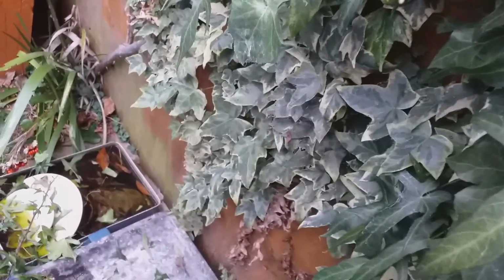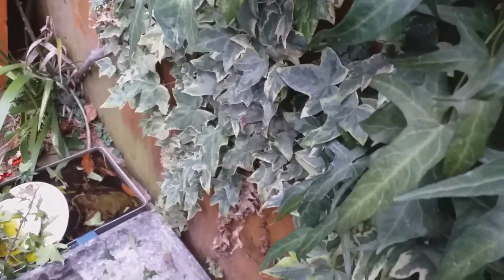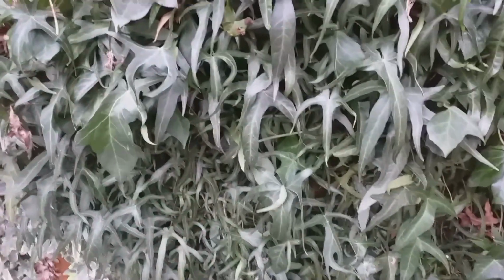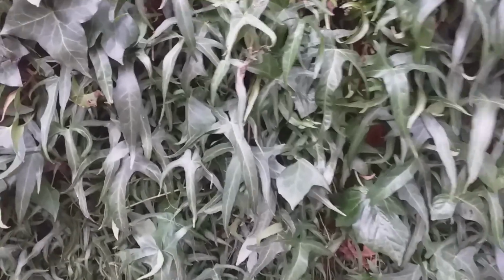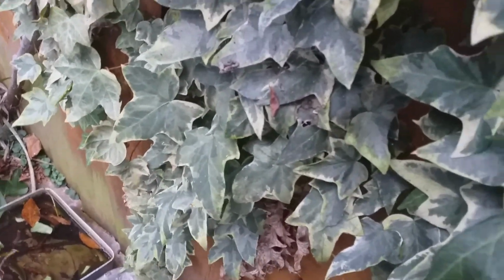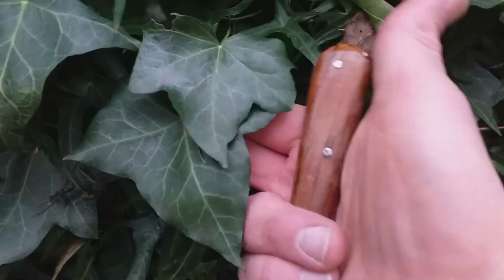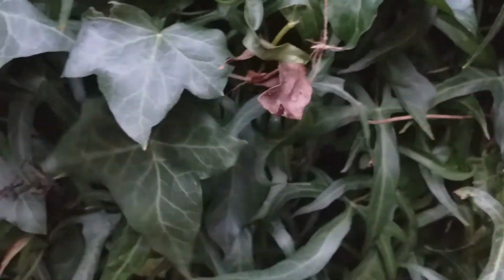There might be two different types of ivy here. There's a variegated one, excuse that mess down there, I've sort of got a Land Rover on the go as well, which is a different story. Okay, so let me take you through to have a look at the variegated ivy down there, Hedera helix 'Variegata'. And then this one here, which is what I would call Hedera helix, a regular ivy,